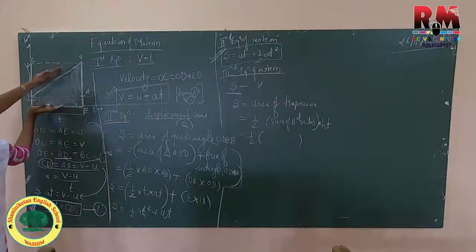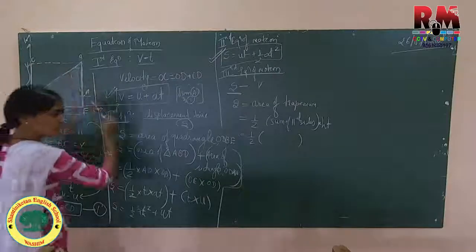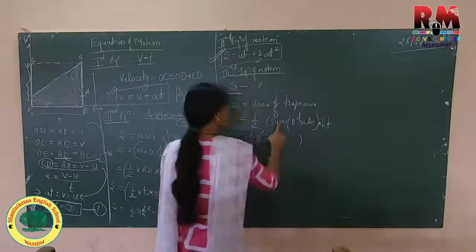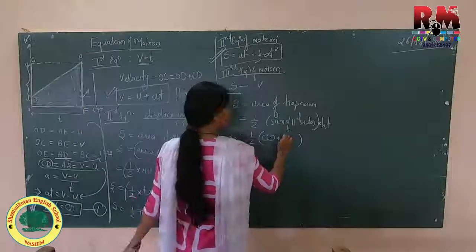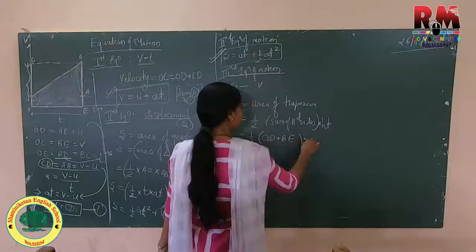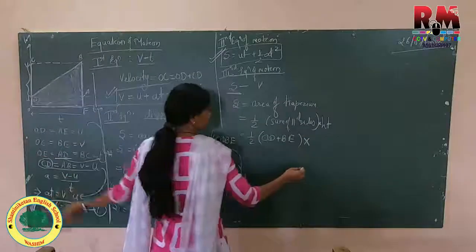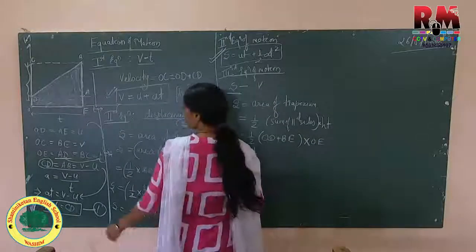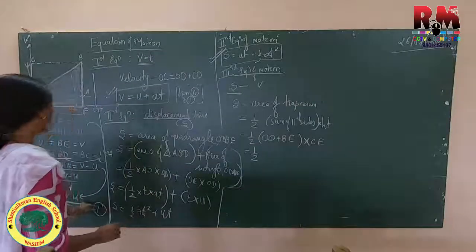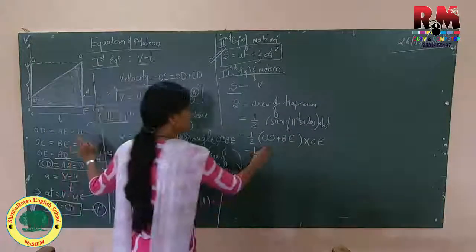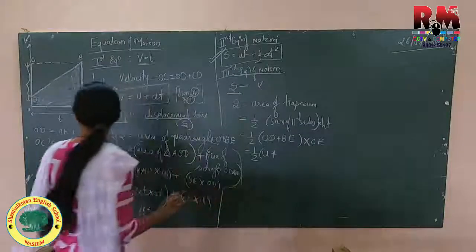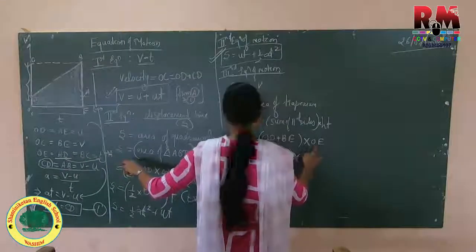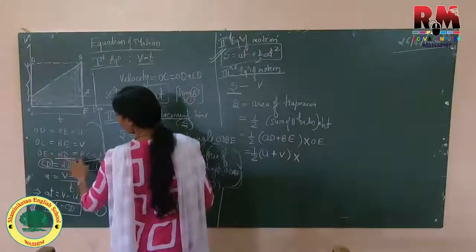These are not parallel sides; these are parallel sides. So OD plus BE, the sum, into height. What is the height? OE. Now again by using equation number A and 1, substitution: OD is equal to u plus BE is equal to v, so u plus v into OE. OE is equal to